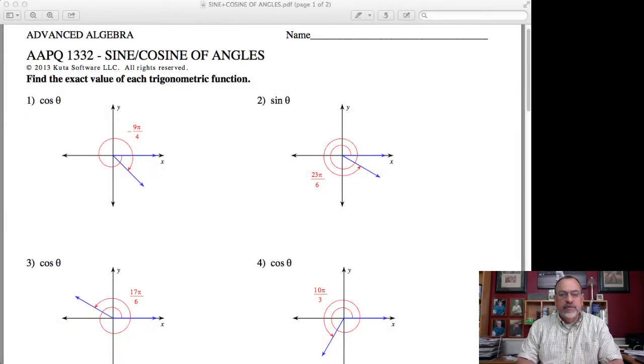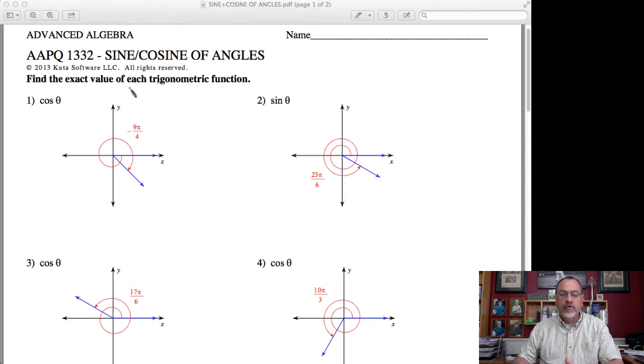Advanced Algebra Chapter 13, Lesson 3. We've looked at converting degree measurements into radian measurements, and we want to look at how we can use those now to create what we call reference triangles, and then be able to give the sine and cosine of any angle that's given to us. So what I want to concentrate on are the radian angle measures, because these are going to be very important